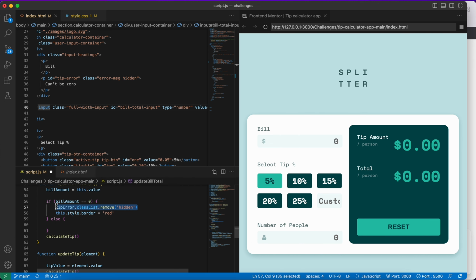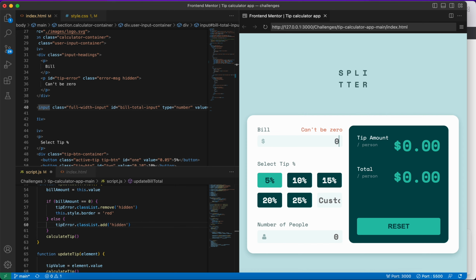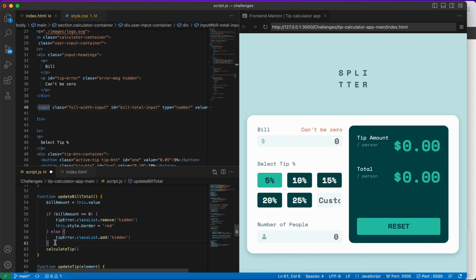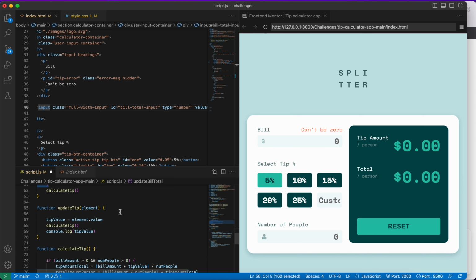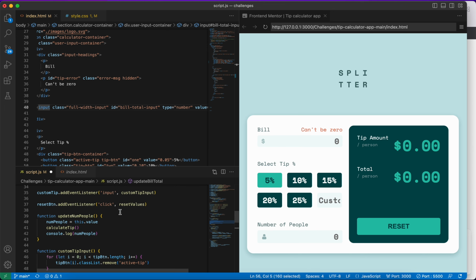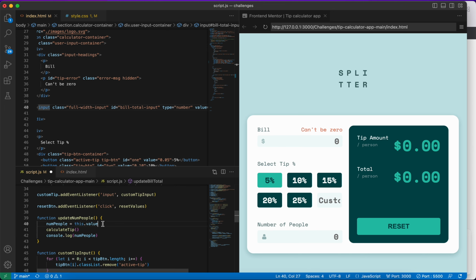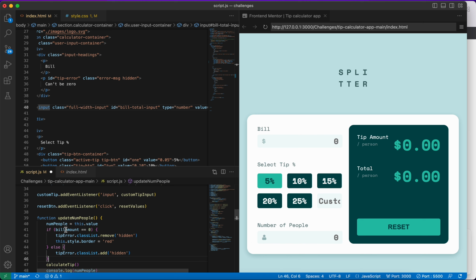And we'll just also add an else to add that hidden one back. There we go. And we'll just do that same thing, but to tip, same number of people, if